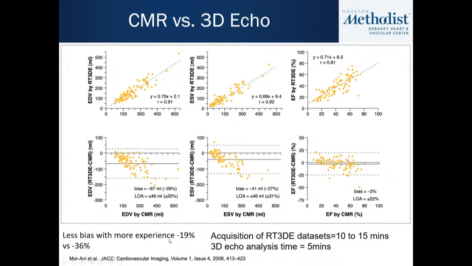As you get more experience, your variability is lower, and this is what they found in this study. The analysis time back then was much longer, and the acquisition was tough. Nowadays, all of these have improved. The challenge is, so far, you can't really combine contrast echo with 3D echo very easily. So you have all probably tried to do 3D measurements off of TEE and TTE using commercial software. And the challenge is very often where you detect the